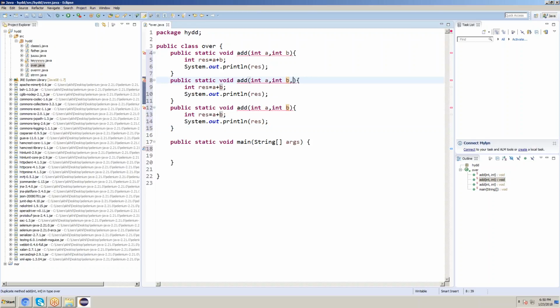Now I am taking three arguments, adding int c. First and second is an example for number of arguments. In the first function I have taken only two arguments, and in the second function I am taking three arguments. Okay, right. Next,